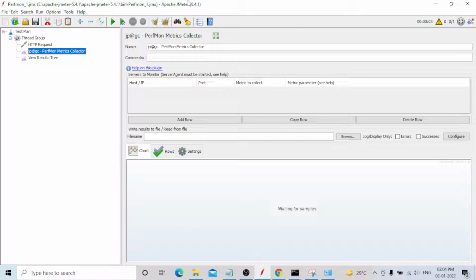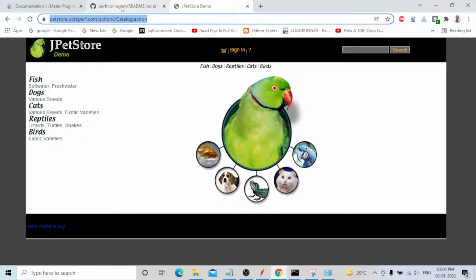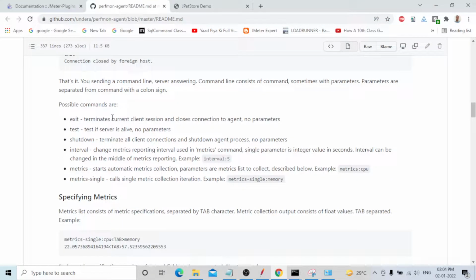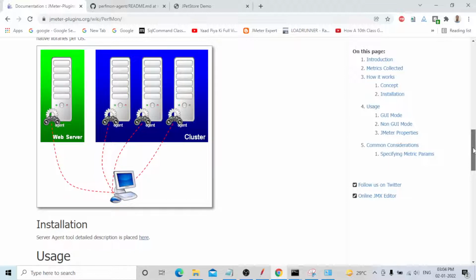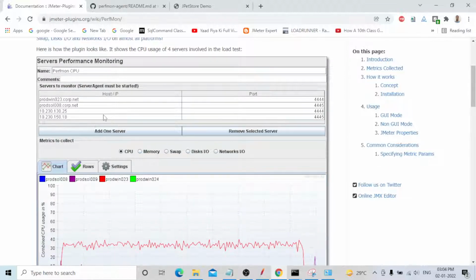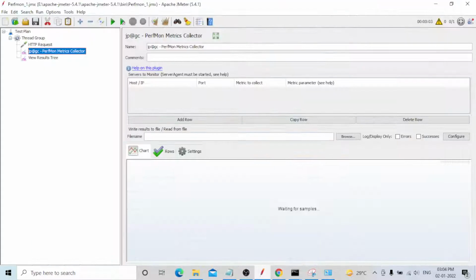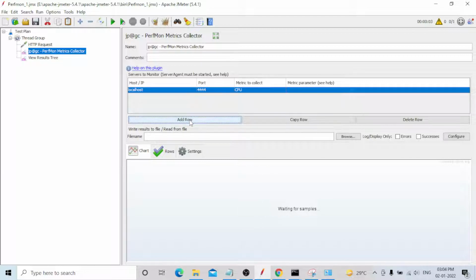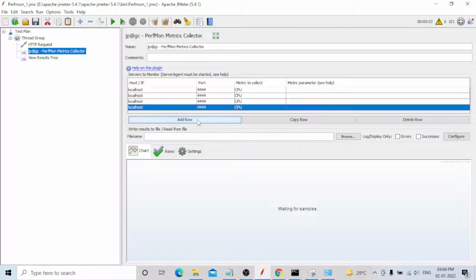Okay, now what you need to do, first of all I will show you. This is the old one, guys. You can see only two options are available, host and port, and the CPU and memory collectors are provided. And the latest one, this is the latest plugin from January 2nd, 2022. Just click on add. Host will come automatically; it's not provided because it's a local machine, localhost, only our IP address. The port is also the same. This is the CPU. I will select totally 4.